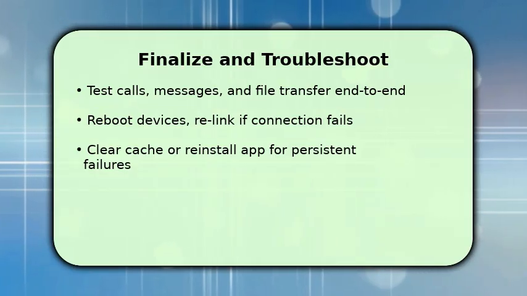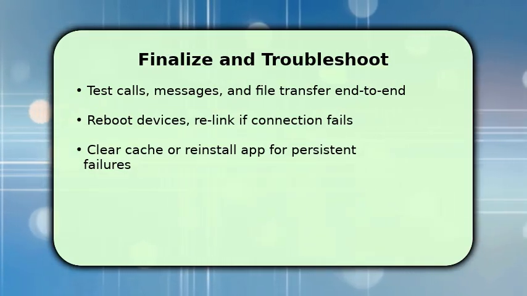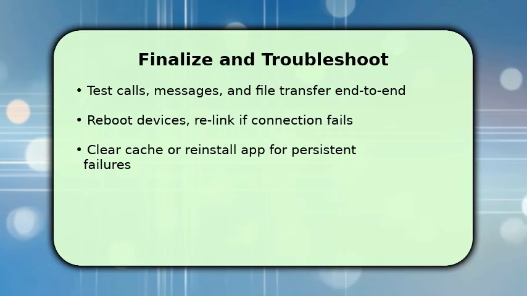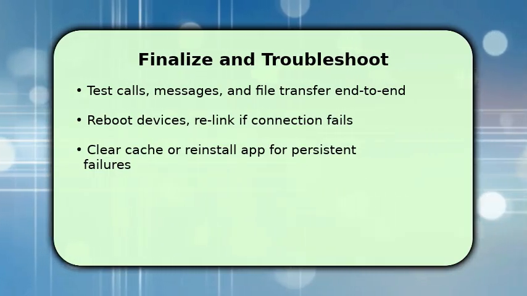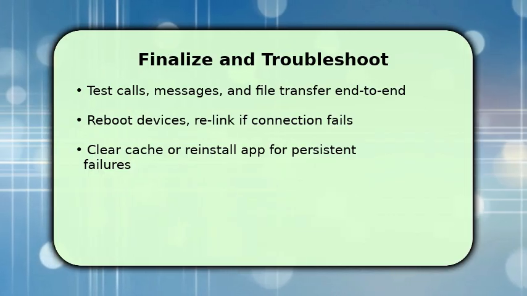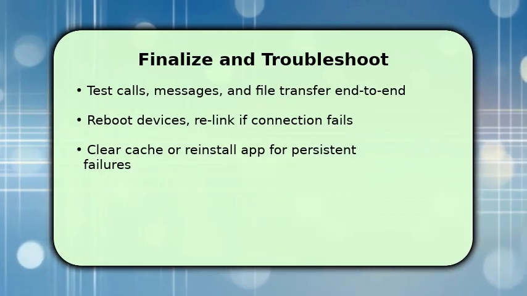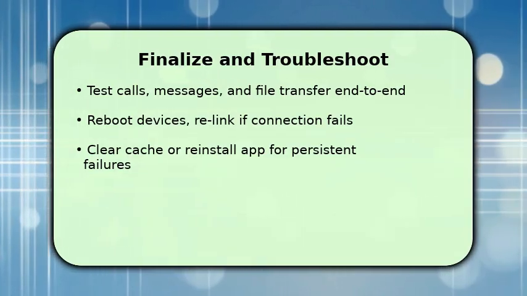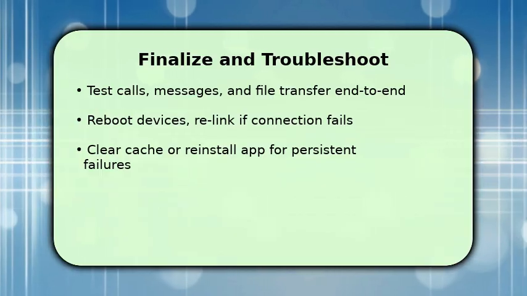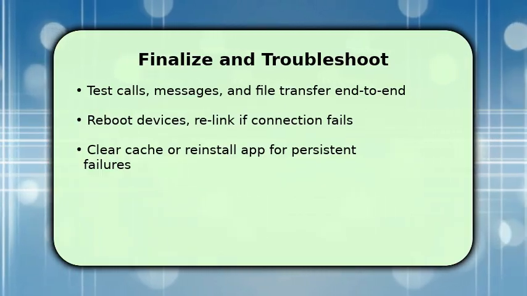If something fails, reboot both devices first. A restart often resolves network or permission glitches, and then relink the phone. If problems persist, clear the Phone Link app cache or uninstall and reinstall it to reset corrupted settings. One key troubleshooting tip: if syncing still fails, temporarily disable VPNs and security apps, because they commonly block the pairing